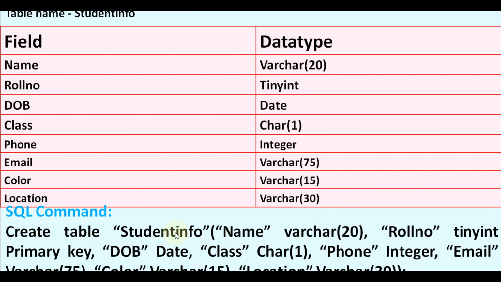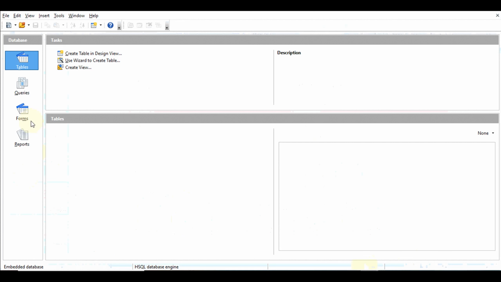So here you have seen the statement, but I am going to execute this statement also in OpenOffice Base. The same table I will create, and there I will type the same command, and thereafter I will execute it also. So now moving to OpenOffice Base. I had already created the database during the explanation in the last video. So the same database I am using here, that is student details, and in this student details database I am going to create the table student info.